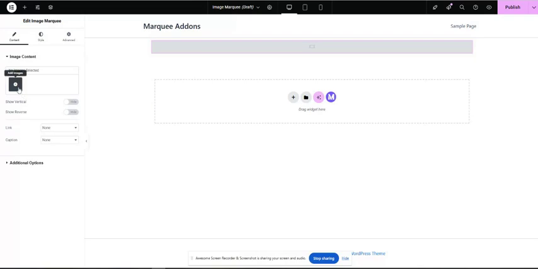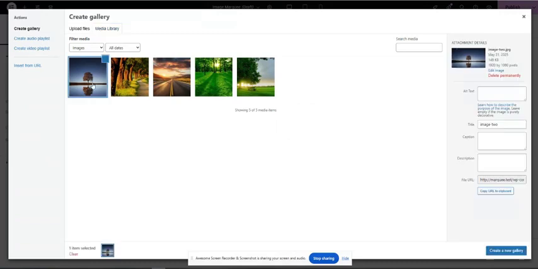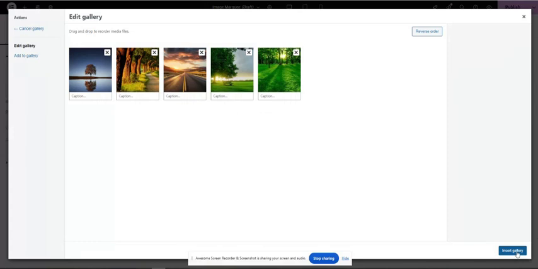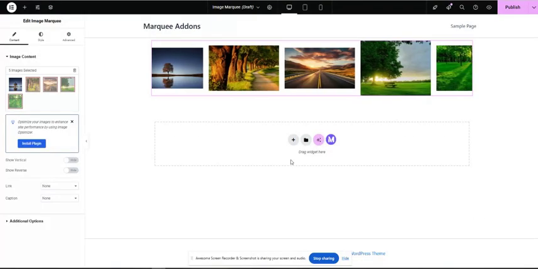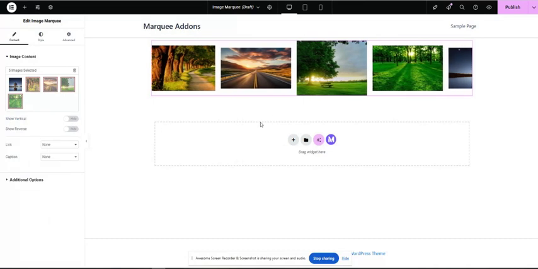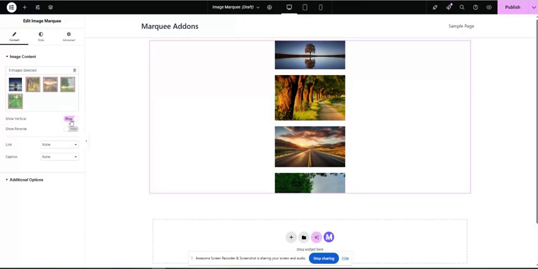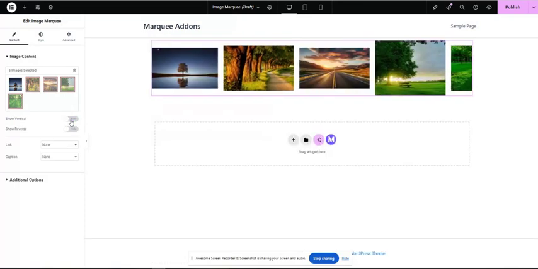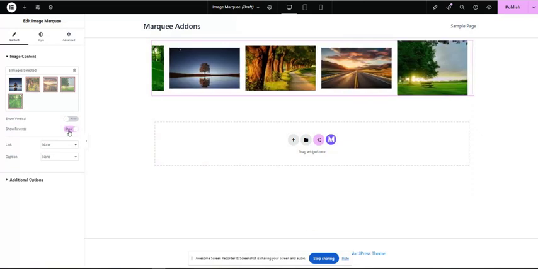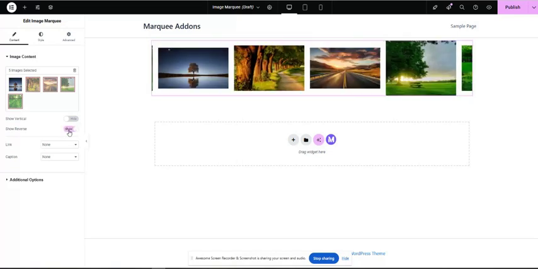and select photos. Okay, I choose these images. Okay, so here we can see the marquee is running. We can make it vertical like this and also horizontal. We can make it reverse animation flow like this,